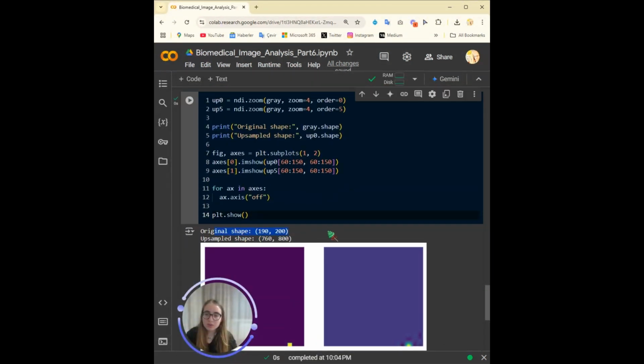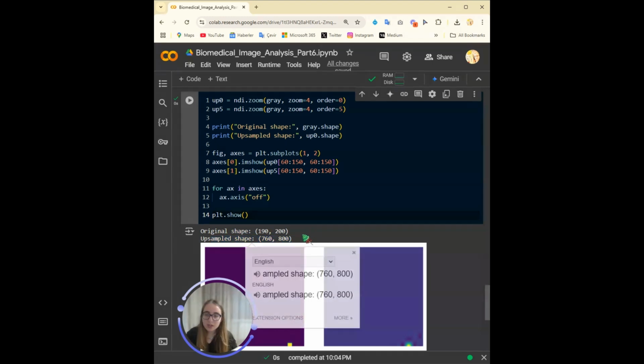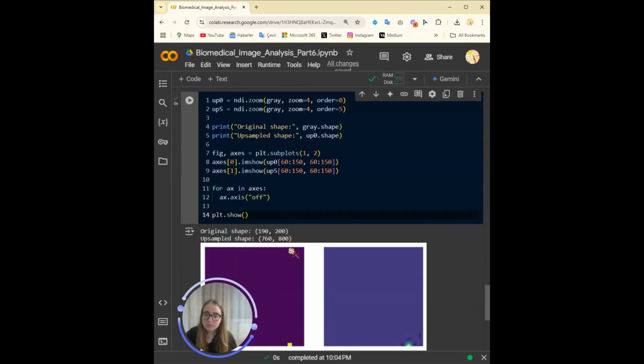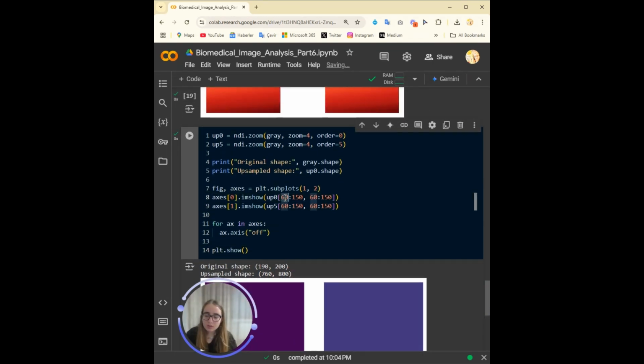So here you can see the original shape and the upsampled shape. Oh, I think with the upsampled we forgot it. Oops. Because we don't see anything with this, just a pixel. So I forgot the cmap gray.